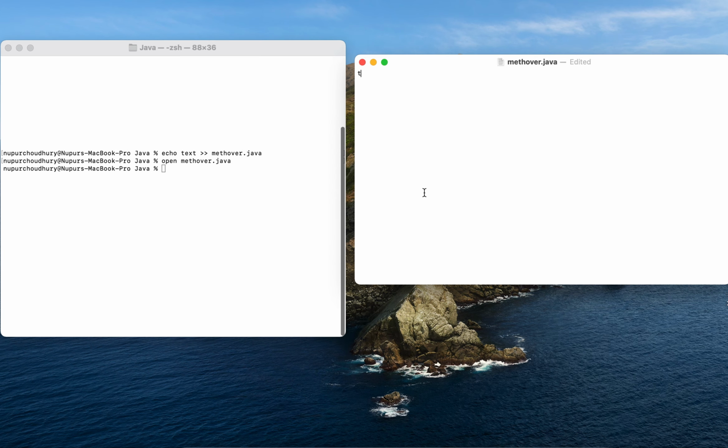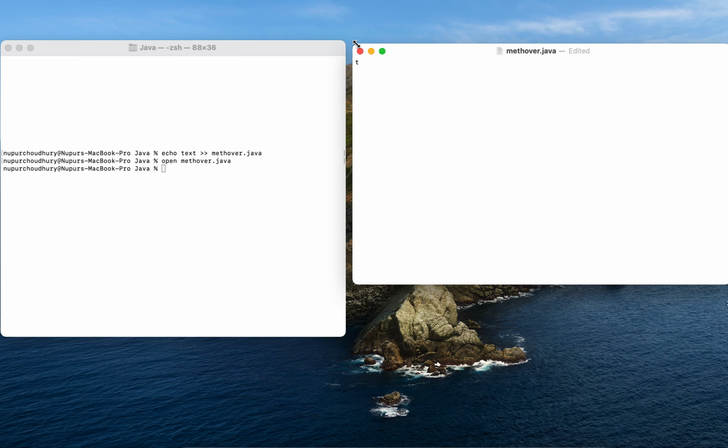Now since I have created a program by the name meth over, my class essentially would be meth over. These are some of the things we have to keep in mind, because if the class C becomes capital, then it will not give us the correct output. I will just close this particular class because we tend to forget the brackets also.